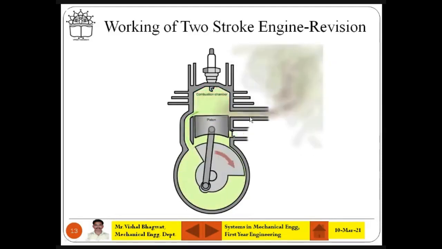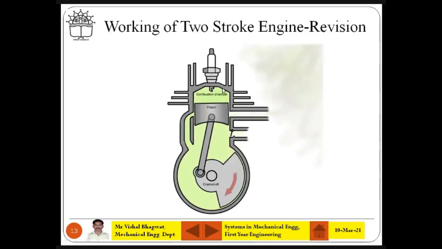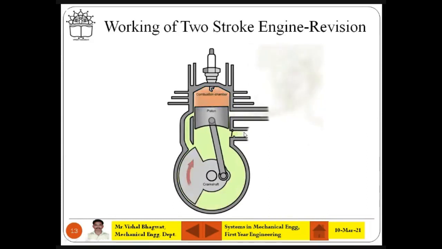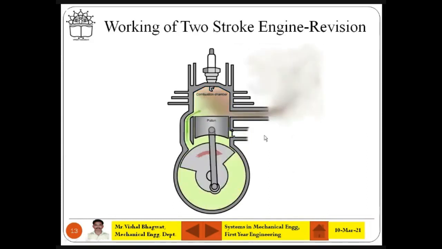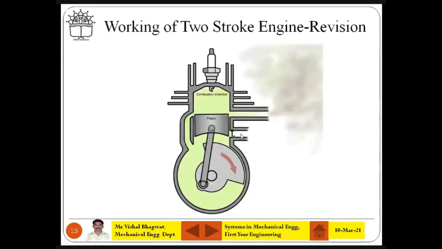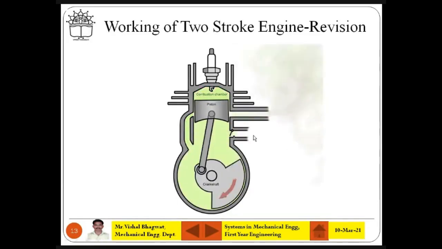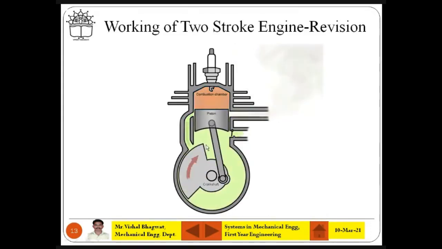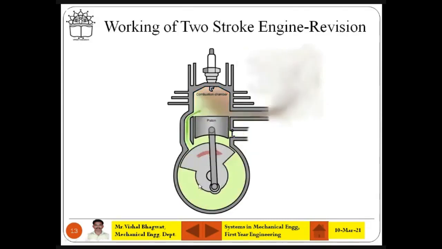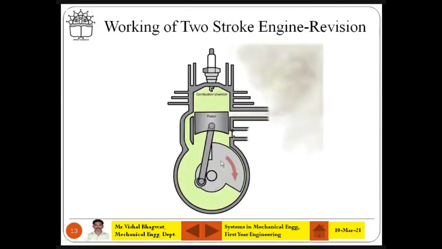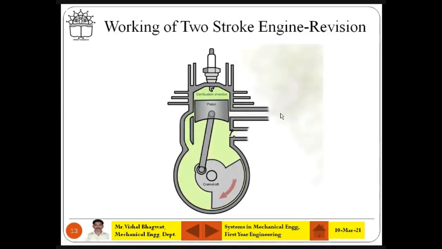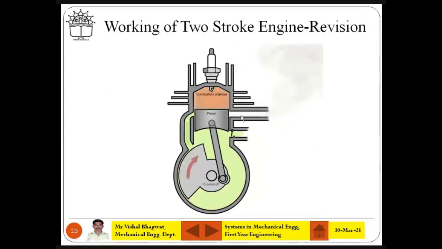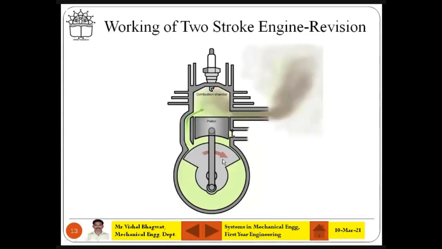So before that, there is no inlet and exhaust wall for these 2 strokes that you must not see. There is no inlet or exhaust port. What you have is the intake port. अभी ये जो नीचे है ना arrow दिखाई दे रहा है blue color का, that is intake port. So through the intake port, the fuel or charge is coming inside, and it is coming inside the crankcase. ये old type का दिख रहा है, ये crankcase है. यहाँ आ जाएगा your fuel mixture, that is intake stroke. And what is above the intake port, that is the exhaust port. जो clearly दिख रहा है कि वहां से burned gases जो धुआं है वो बाहर जाएगा. That is exhaust port. Intake port, exhaust port.